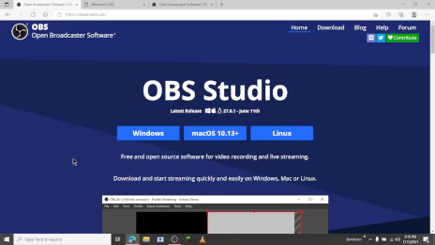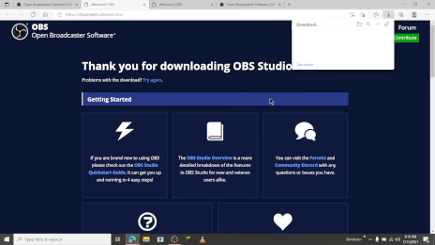Now what you have to do is, there are so many options here, guys. I mean not so many, only three. This is macOS, which is from Apple, then this is Linux, let it be whatever. Those who have Windows can use the Windows one. Then we have Windows, so let me press Windows, and it will start downloading.